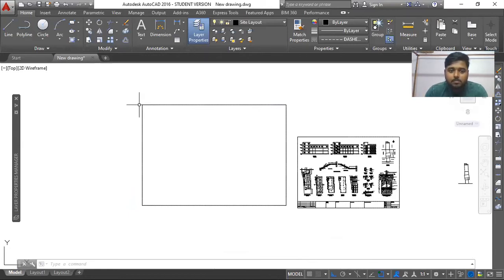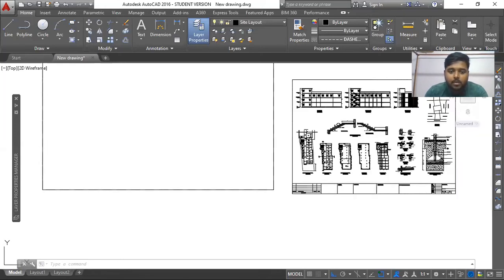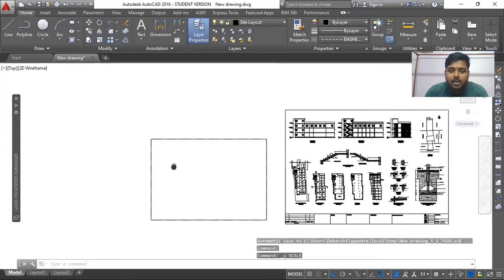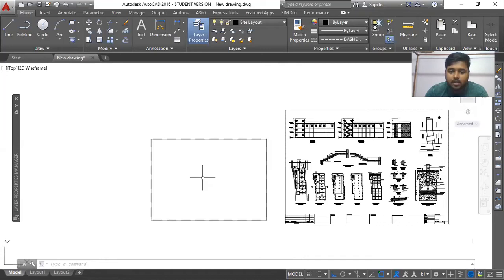The printer will print only this much area, this particular rectangle. So the more you enlarge your sheet, the smaller the drawing will become, because with respect to a bigger sheet, the drawing will look smaller. If I reduce the dimension of this box and adjust all the elements in here, all the elements will be printed in a bigger size. Are you getting it? According to that, your scale will also change.